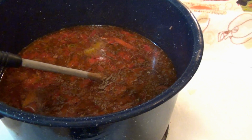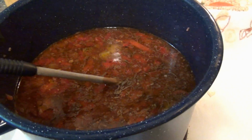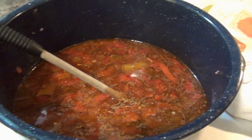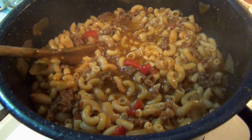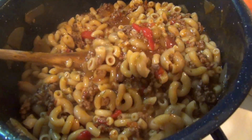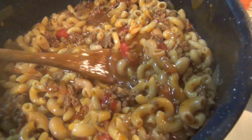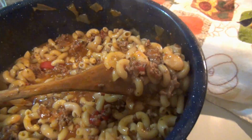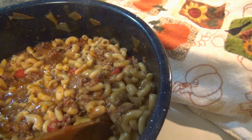I just wanted something more substantial. I don't know. There's probably enough ground beef, but who knows? I'm going to put more in it. So tell me that does not look amazing. The boys are going to love it. It's full of beef and beans and elbow macaroni and